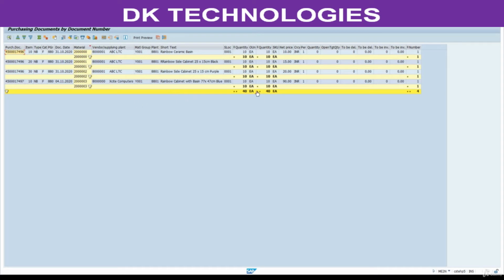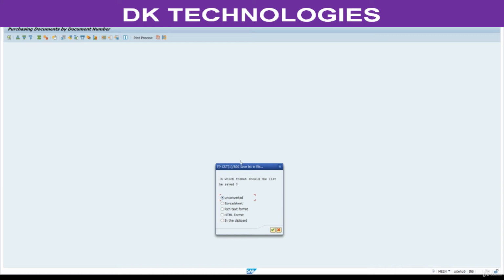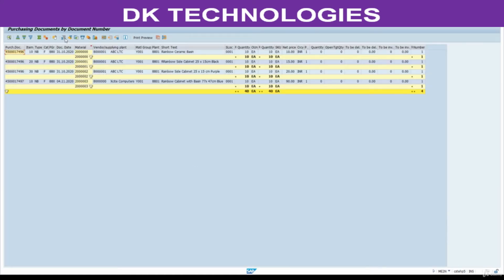If you want to export this report, you can export the same. Click on this spreadsheet. If you don't find this option, you can export from local file option also. Click on local files, you are going to find a spreadsheet here. So what I will do, I will click on this spreadsheet.